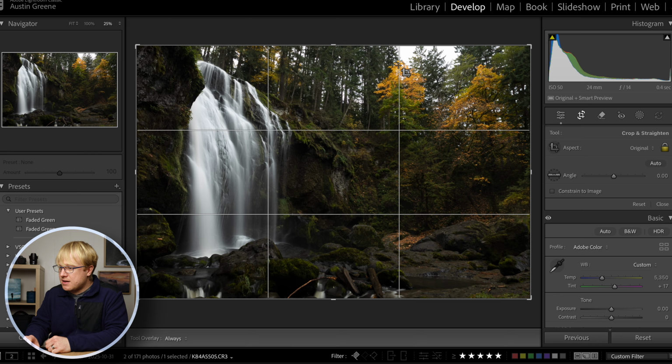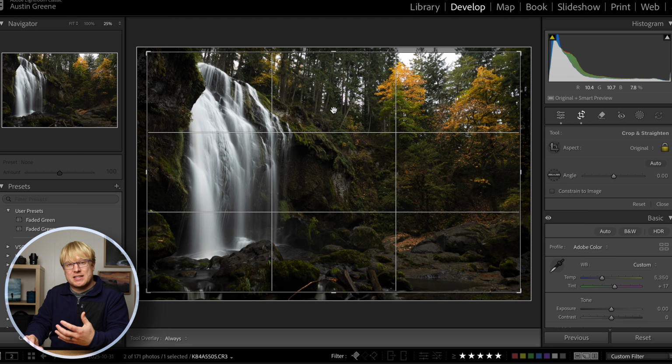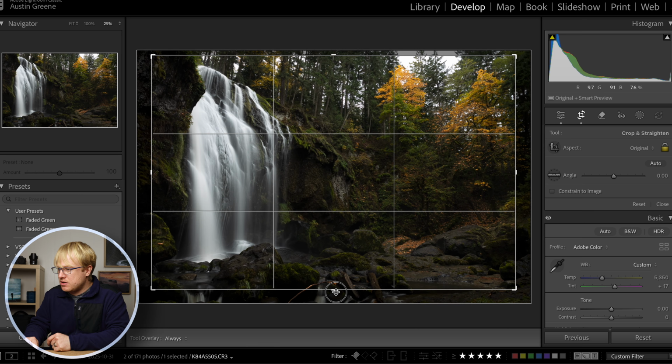So, very first thing, let's just try a basic crop, because how we deal with the rest of the image matters. Sometimes, like on that last image we cropped at the end, it was a bit of an afterthought, but it really benefited the image. Sometimes if I know I'm going to have to do a crop, I'll do it up front because it changes the overall composition and it changes how you want to weight your attention on different elements of the photo. So as I bring this down just a little bit,